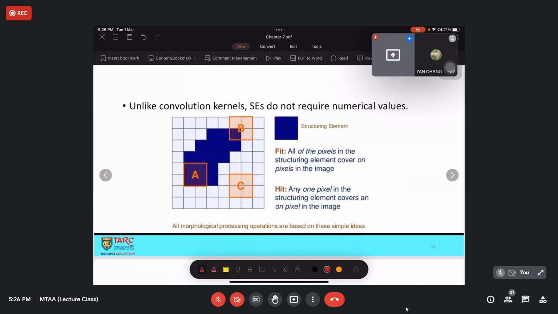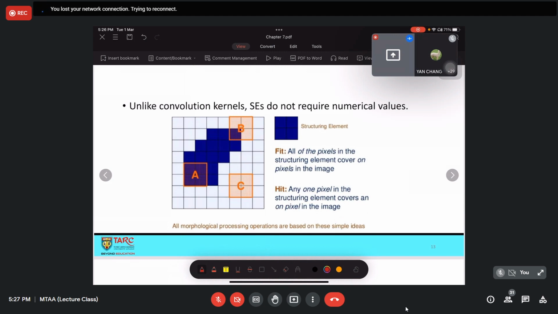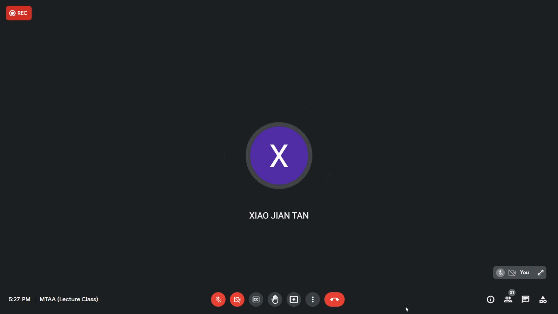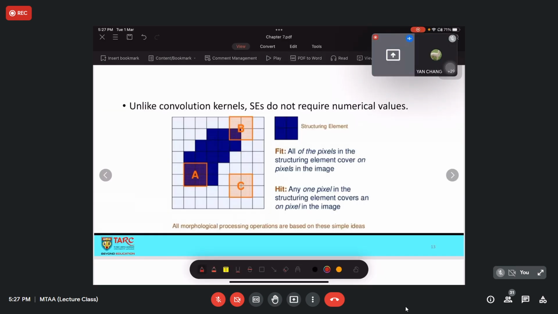So unlike a convolution kernel, the SE either fits or hits the image. Hit is that any one pixel in the structure element covers an on pixel in the image.